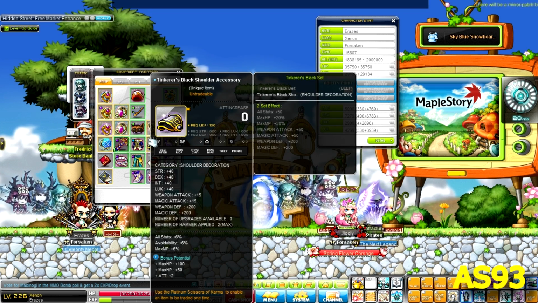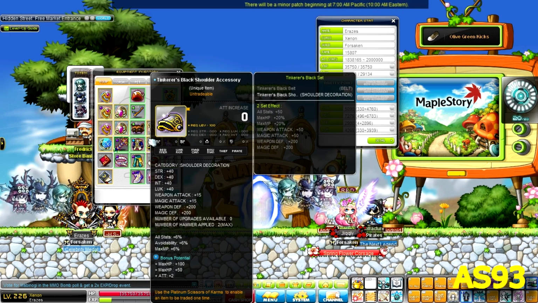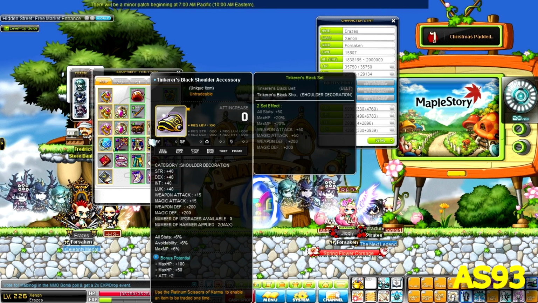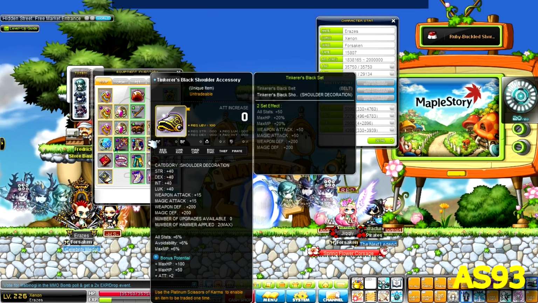Shoulder pad, I got 6 all stat on it, so I just went, alright, keeping it for now, and then I'll worry about it later. This is my second item that I need to re-scroll along with the LGR, because I really was just messing around with